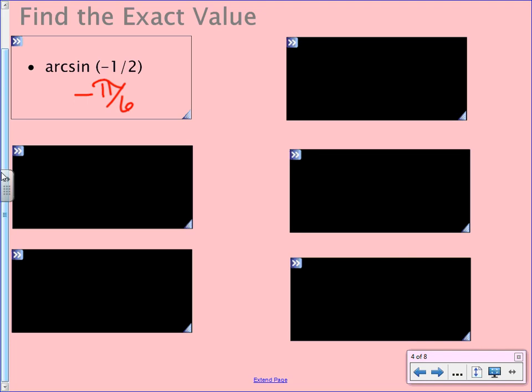Yeah, just thinking backwards. Okay? But we have to think backwards very specifically. So then, the only difference between you giving us out like this and saying, what's the sine of negative